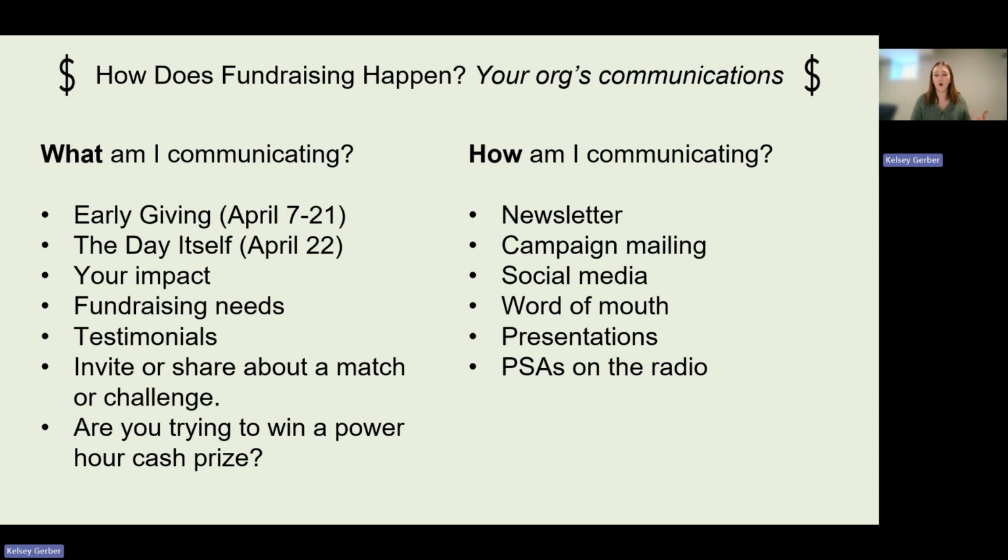So if you know you have a match already, this is super important to share. Having any sort of goal or challenge, saying you are trying to reach a certain amount, is really encouraging for donors. Or maybe this sparks an idea: sharing that you invite these matches or challenges. Just sharing that that's an option for one of your donors might also spark some interest in them. Those are a couple of things that we have found successful and would be important for you to add in your